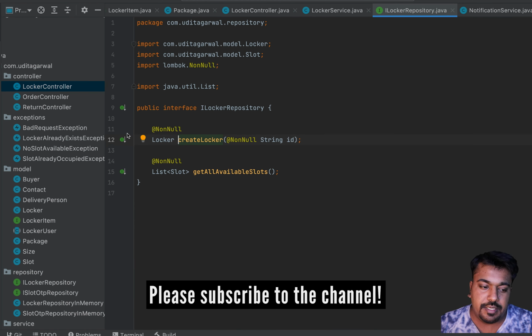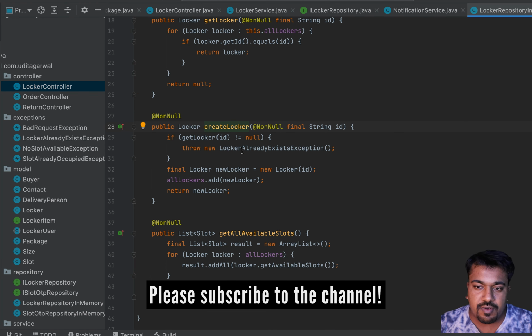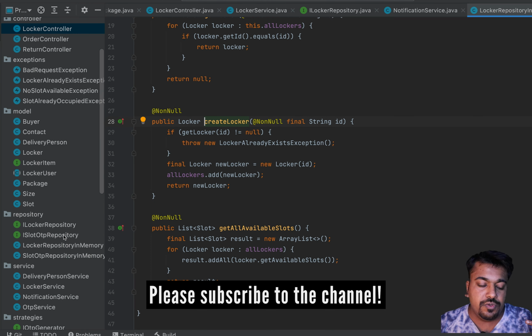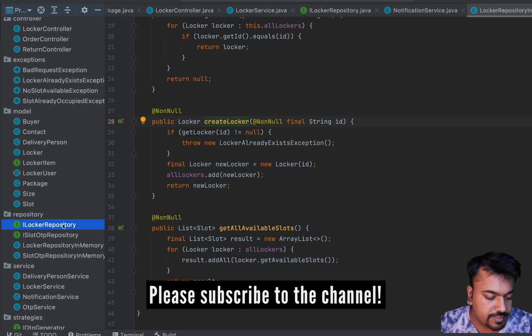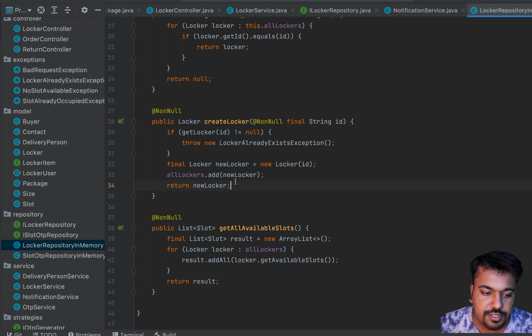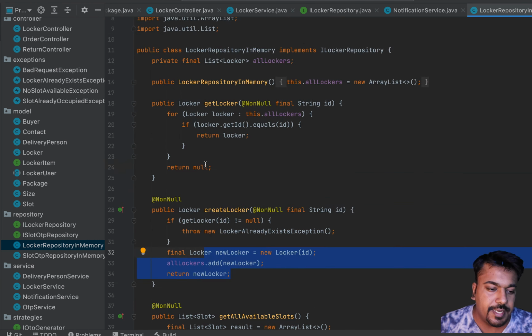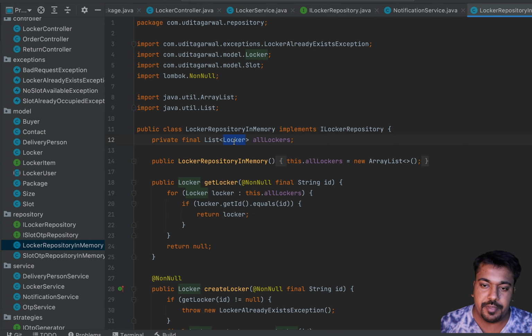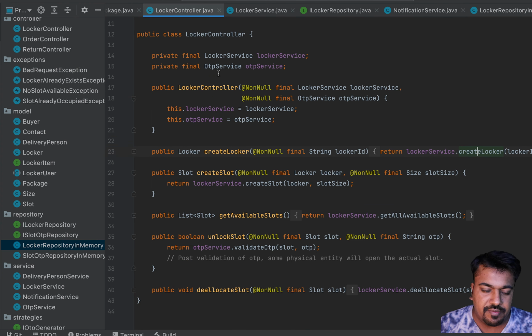And if you see the locker repository method, there is one implementation of the locker repository which is in memory. So right now I have not used any database, but I have used interfaces for the repositories, because tomorrow if you want to replace them with databases, you can just have one more implementation of a database and implement the interface. So you don't have to change all of your classes. You will just have to add one more class for the database. So it comes over here for the create locker. It does nothing. It just creates a new locker object and puts the locker into its own in-memory list, right? That's a very straightforward thing.